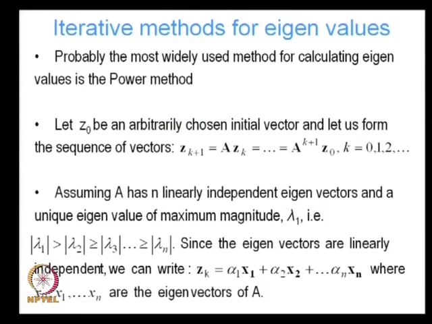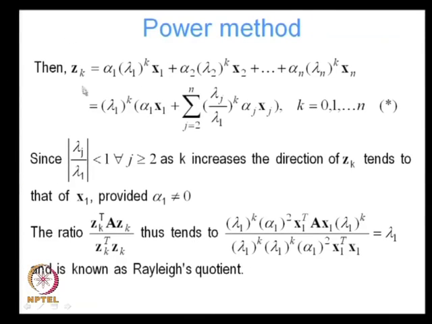So, A^k operating on z_0 can be written as alpha 1 times lambda 1 to the power k times x1 plus alpha 2 lambda 2 to the power k times x2 and so on and so forth, where lambda 1 is the eigenvalue corresponding to the eigenvector x1, lambda 2 is the eigenvalue corresponding to the vector x2 and so on and so forth. So, in that case we can write z_k like this,